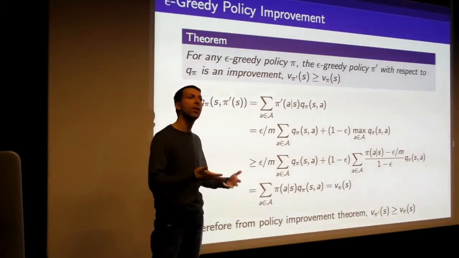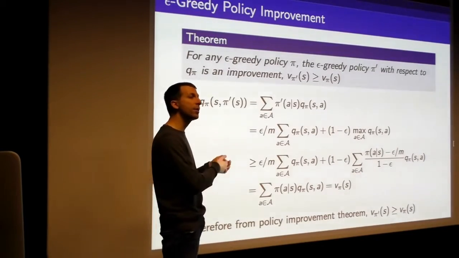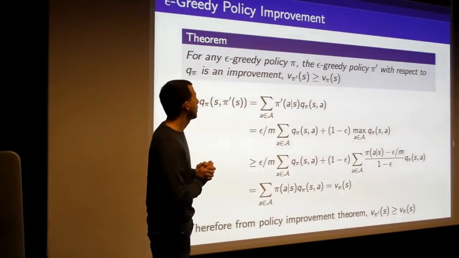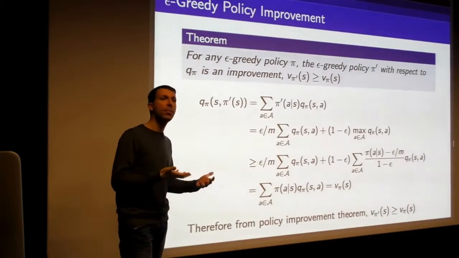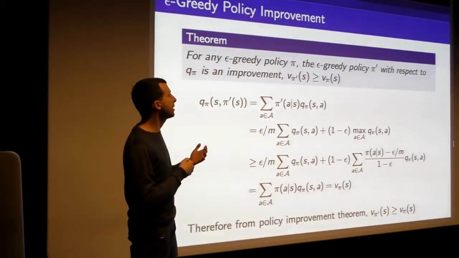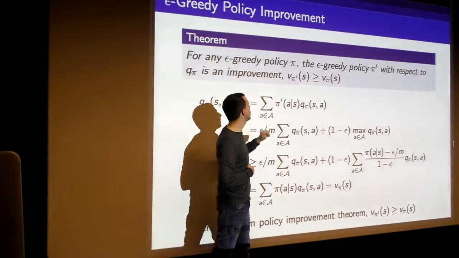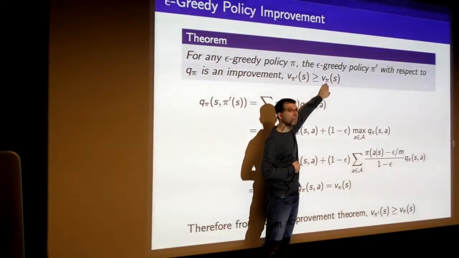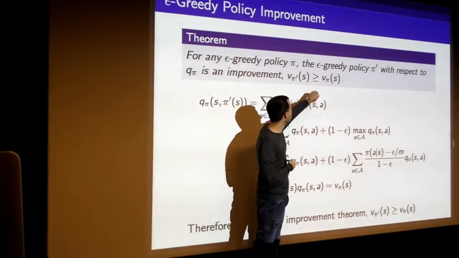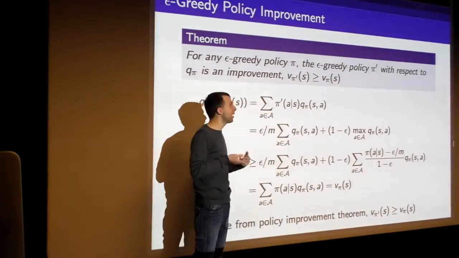Okay, so one of the reasons that epsilon greedy is a nice idea is that it actually guarantees that we get a step of policy improvement. So remember, for this generalized policy iteration idea, we want to alternate between steps of improving our policy and steps of evaluating our policy. And so what we can see is that epsilon greedy actually is a policy improvement. You start off with pi, that's your previous epsilon greedy policy. If you evaluate that to get you v pi, the question is, can we be sure that by acting epsilon greedily with respect to v pi, we've really made a better policy? And the answer is yes.